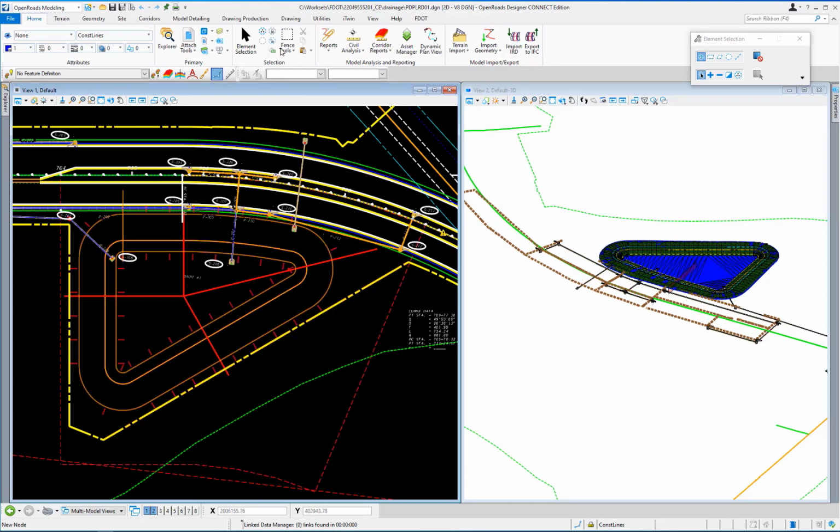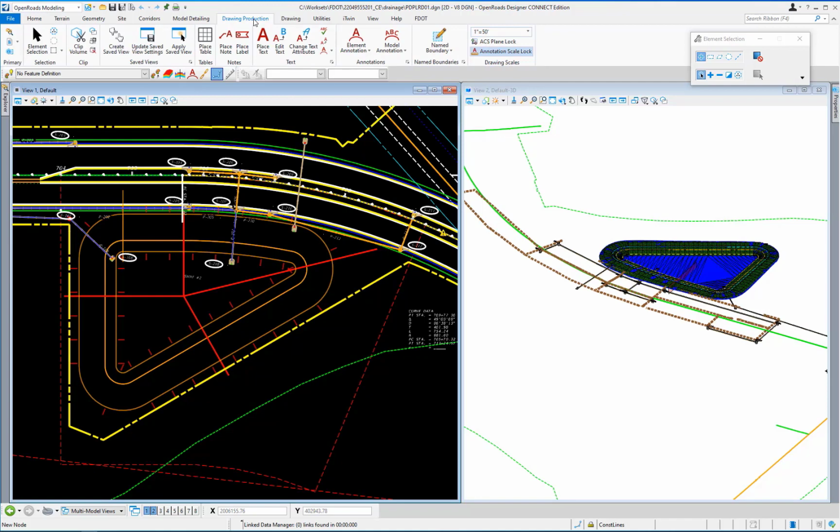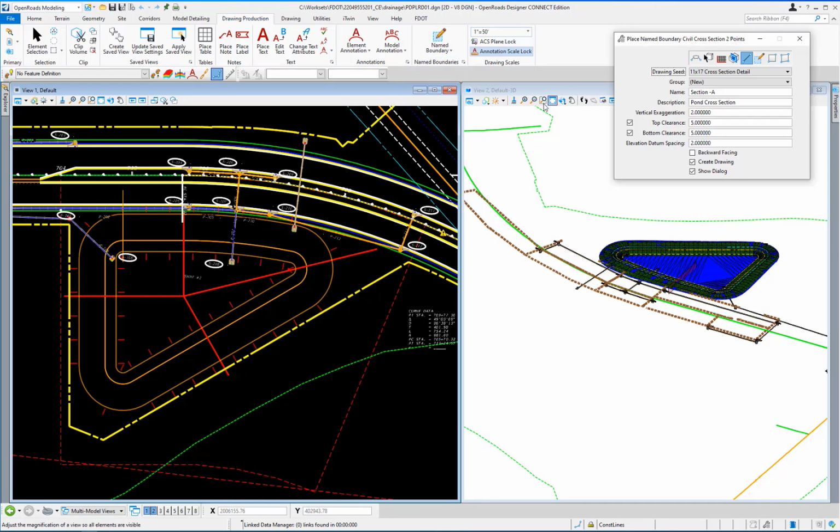Left-click on the Drawing Production tab, and in the Named Boundaries group, left-click on the Name Boundaries drop-down. Select the Place Name Boundary tool, and the Place Name Boundary dialog will open. Left-click on the lower diagonal pattern line in View 1.